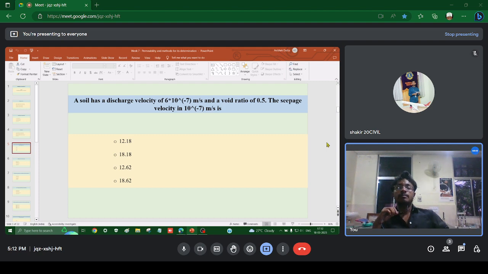Then what will be the seepage velocity in 10 to the power minus 7 meter per second? You have to just state the number which will come before 10 to the power minus 7, with two places of decimal. The options are